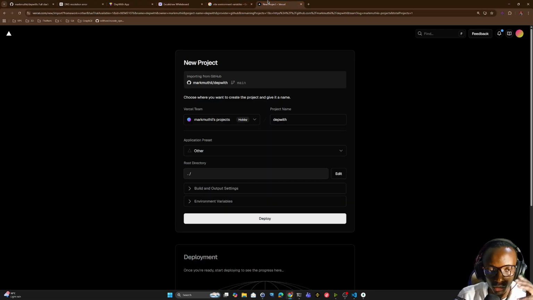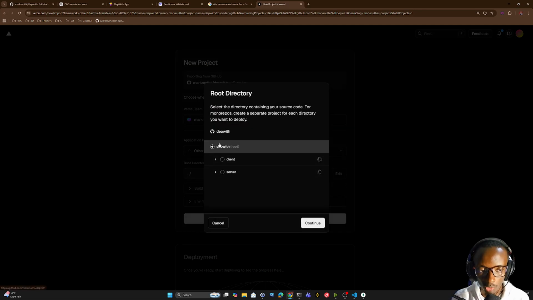Now you can deploy both on Vercel or both on Render, but remember, we do this for the sake of learning how to have those in completely separate servers. So what you need to do here is edit the root directory because you're deploying the client. You can see Vercel has already picked up that the client is